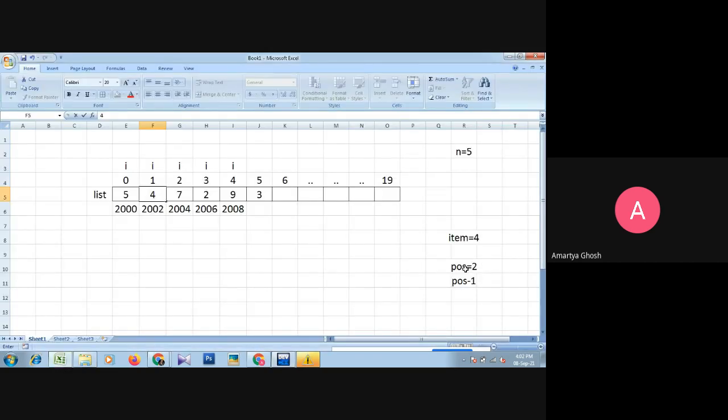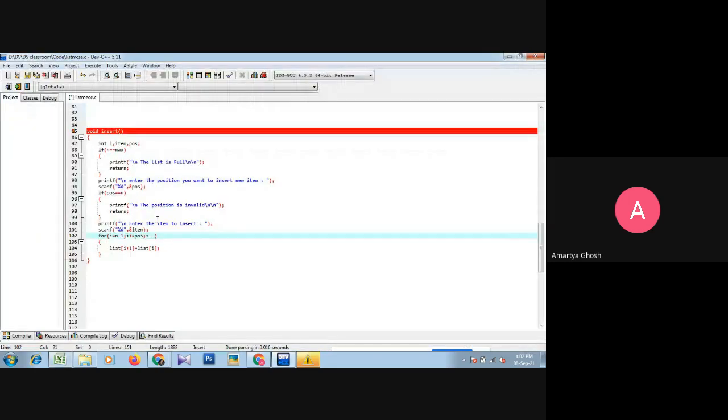So if the pos is 2, so we have to reach till the pos minus 1, that is 1. So that means I less than equals to pos minus 1. Okay. So this is our condition.